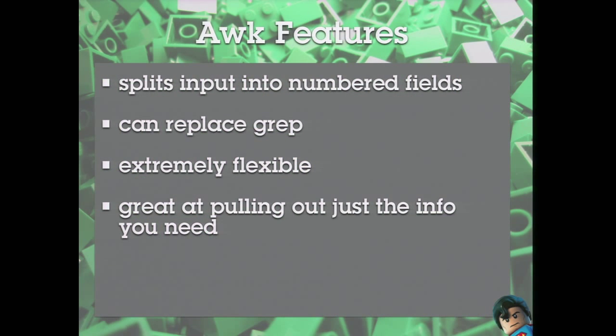So awk is a powerful text search and processing language with way more power than you need. You can actually write entire scripts in awk. I've never had to do that. When you use it on the command line or in a script, awk breaks down the input by white space and assigns the resulting chunks into numbered fields. So $0 would be the entire result. $1 is the first part, $2 is the second part. And if you're talking about a sentence, then the parts are the words.